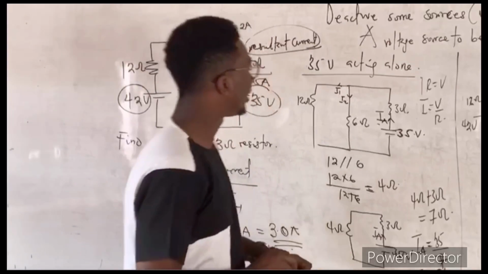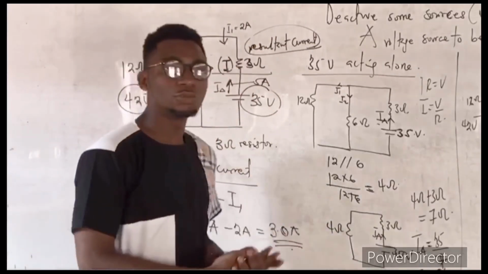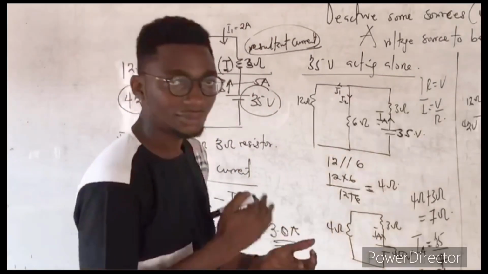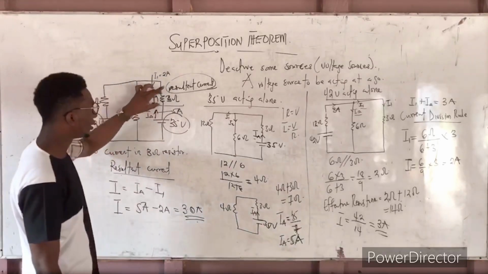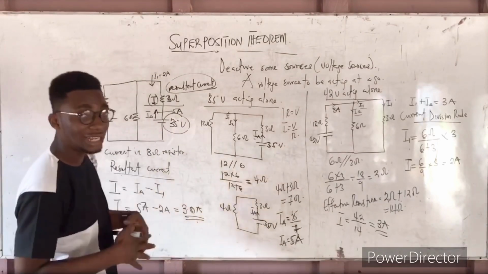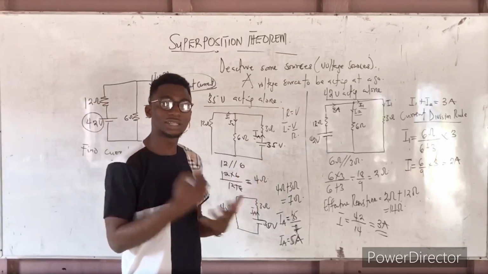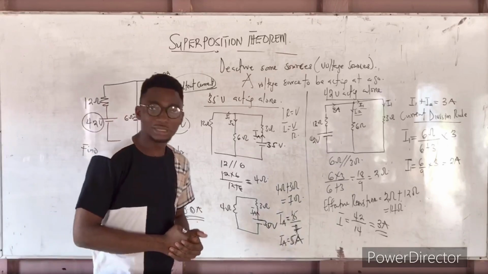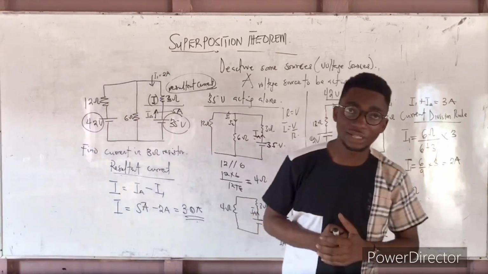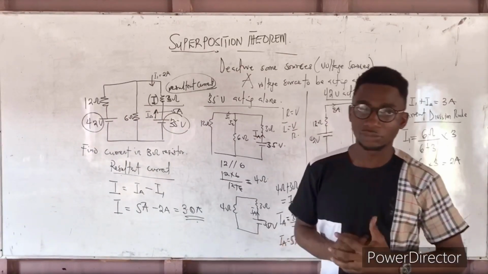So this is how the superposition theorem is done. If you want to find a particular current passing through a certain resistor, you can use what we taught earlier on, the Thevenin, the Norton, or the superposition theorem. There's another theorem which we will deal with in a different class or a different episode. It's called the